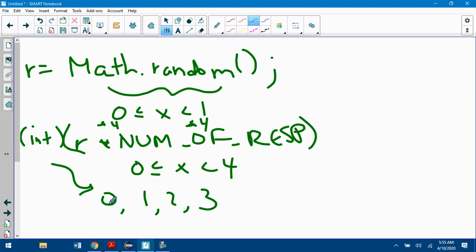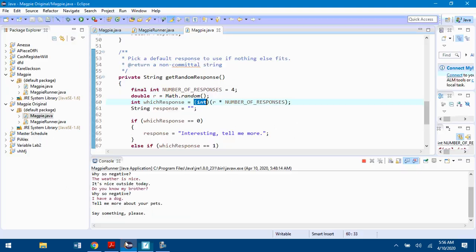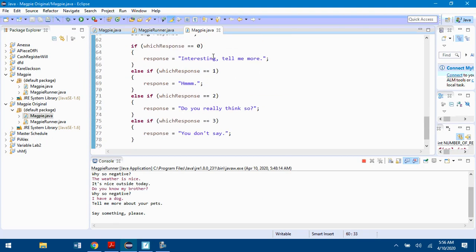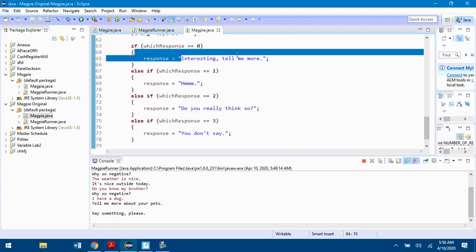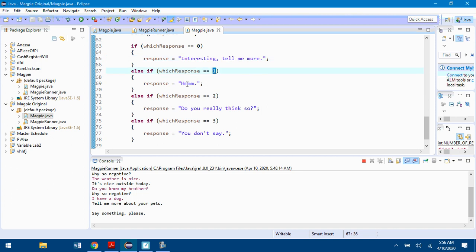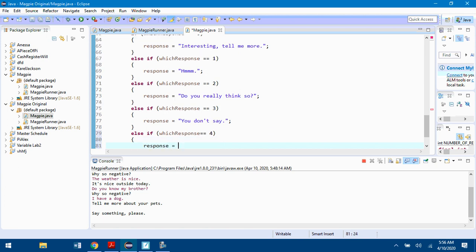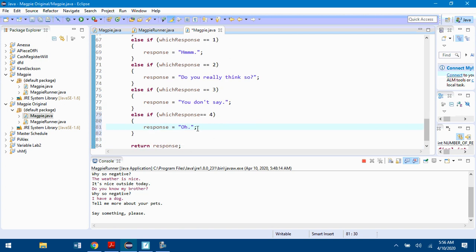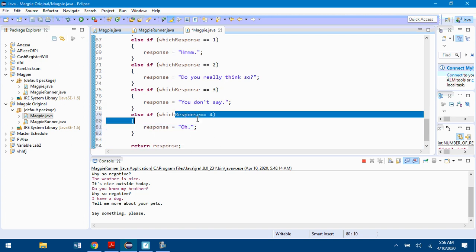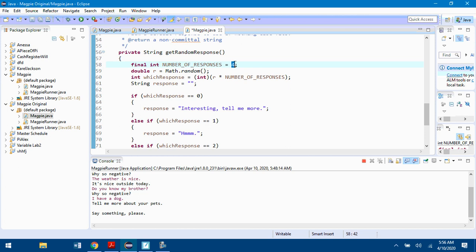So if I get a number 0, 1, 2, or 3, then if which response ends up being 0, it tells me that random response. If it's 1, it says that, 2, it says that, 3, it says that. So if I added an else if, which response equals 4, and then said response equals some kind of random thing like that, it's never going to pick this response unless I change this to 5.